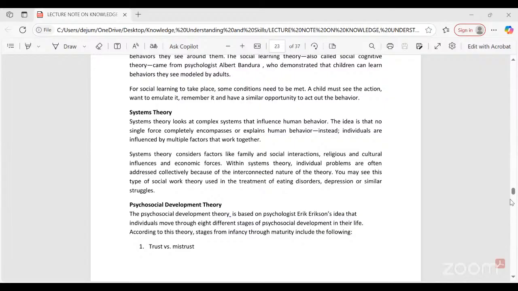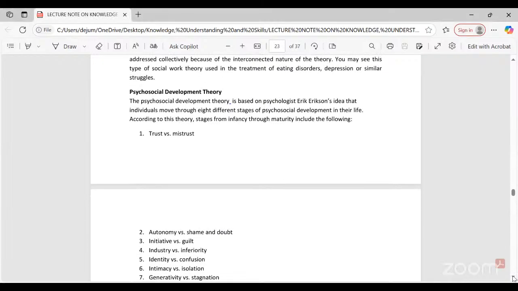And the next one is, I don't know if anybody has any question with that system theory before I proceed. Any question on that system theory? Sir, just to, like you have explained, sir,